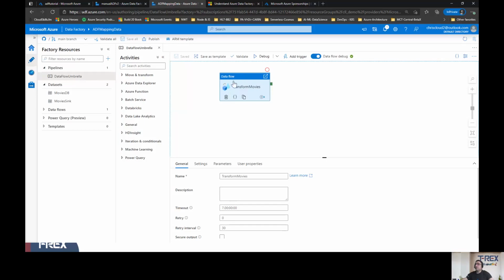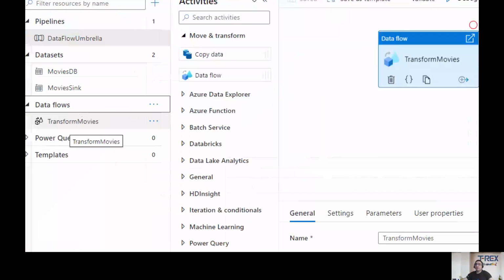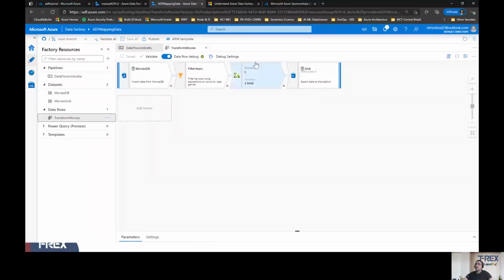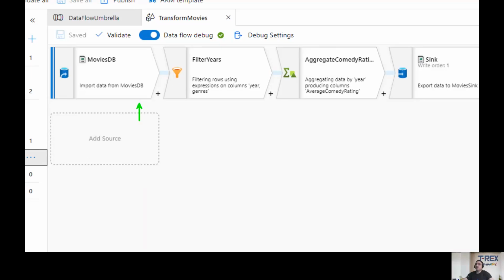So here we have data transformation. When you open it, you would see that here's a data flow. This is the data flow activity that we are using here. For any data flow activity, it will be defined on your panel on the left, as you see here, transform movies. I'm going to click on that, and the data flow activity, as you see, has 4 steps. The first step is to get the data from movies DB. Then we are running a filter on years. Then we are aggregating by comedy genre, and then we are looking into the